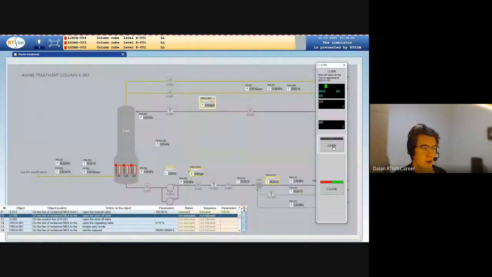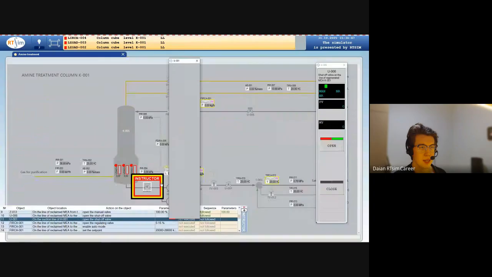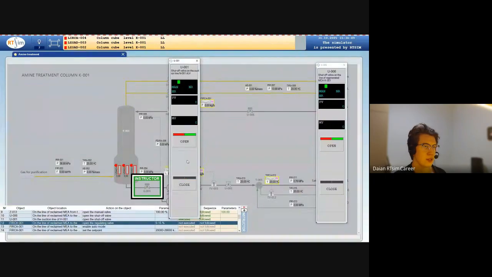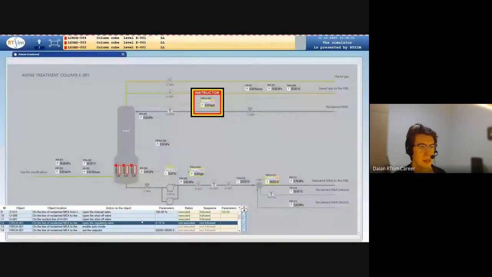So open our shadow valve and open the next shadow valve. In this case, we can just click open, and we have opened the